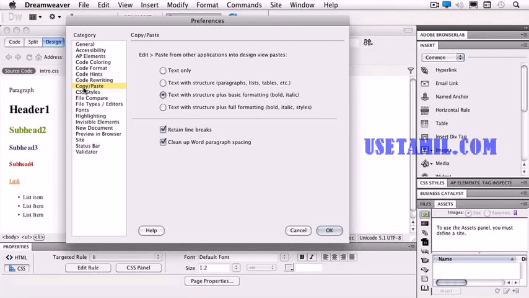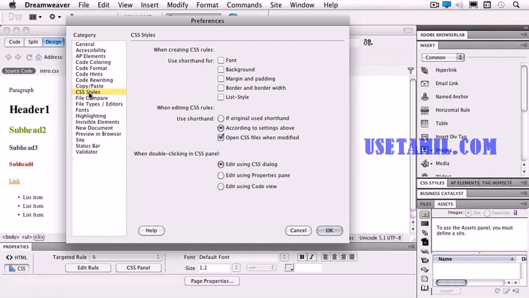Do I want to retain my line breaks, and do I want to clean up Word's paragraph spacing? Absolutely. Our next category is CSS styles. When working with CSS styles, I can use a